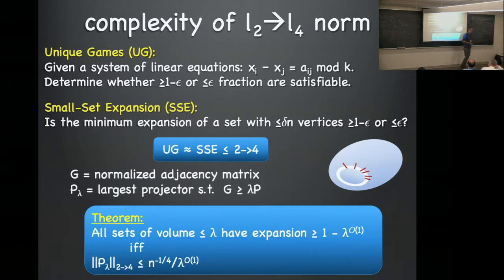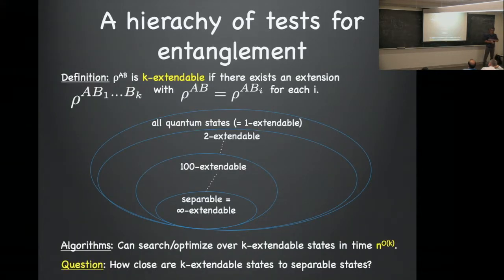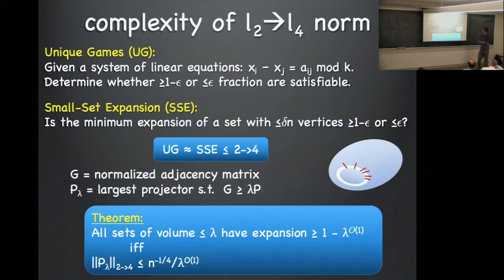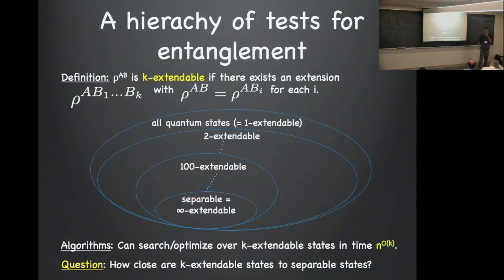If all of those reduced states are equal to the state I care about, rho AB, then if K is quite large, rho AB cannot be very entangled. So if rho AB were separable, there'd be no problem with having this property hold for an arbitrarily large K. But if rho AB is entangled, then at some K I won't be able to write it this way.